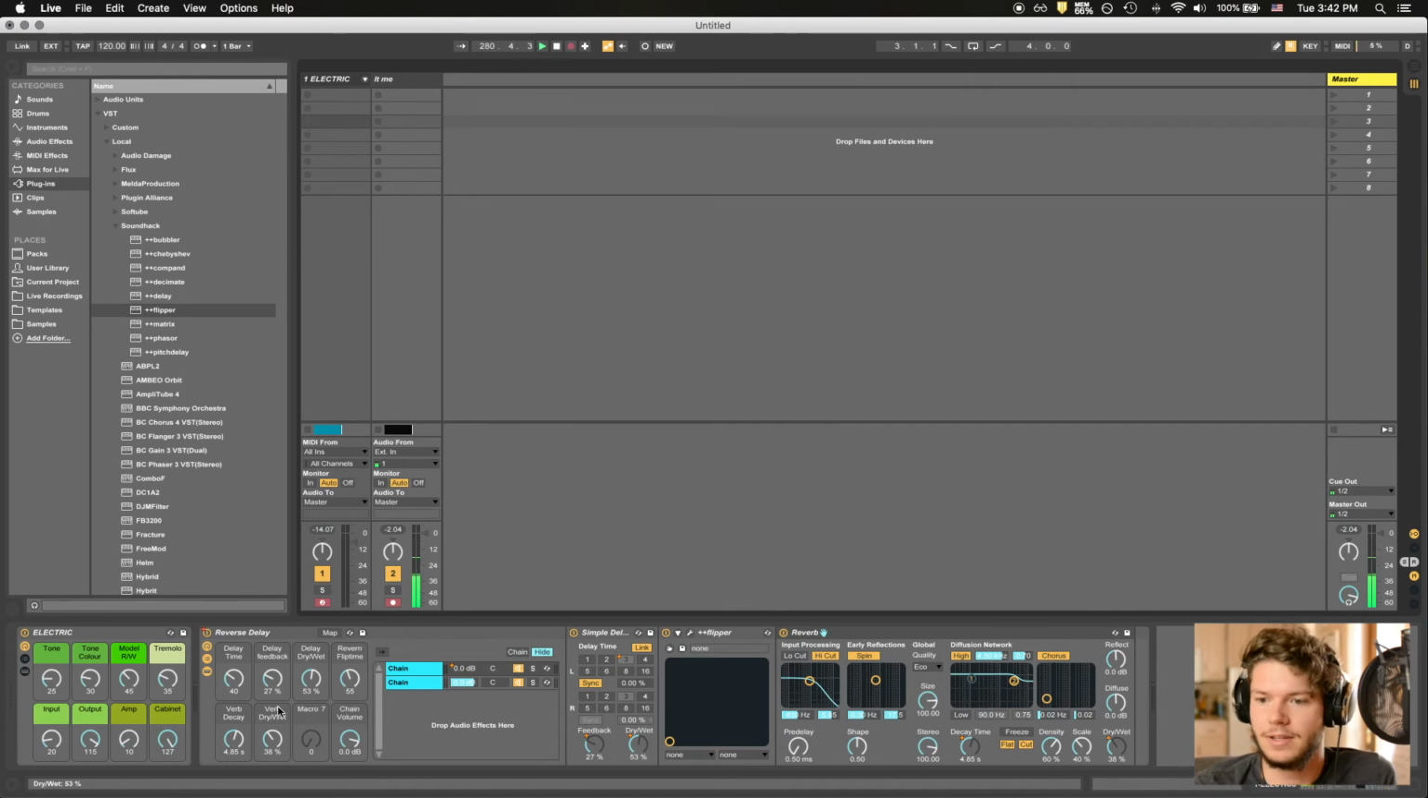And the majority of these controls here that I have mapped are just to the various times, the same that you would have on any kind of delay, reverb, spatial effects rack. So delay times, feedback, the dry wet of the delay itself, and you can see I have also mapped here the flip times, the length of that input buffer in Flipper, so that we can change around how things sound there. So if I play around with some of these controls,